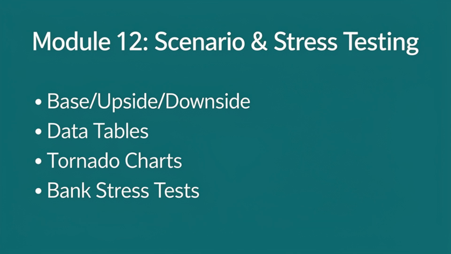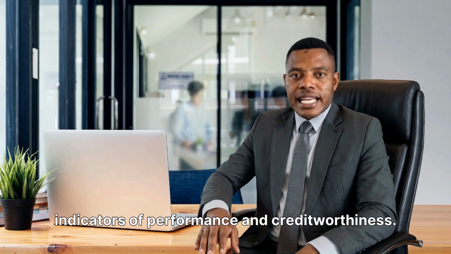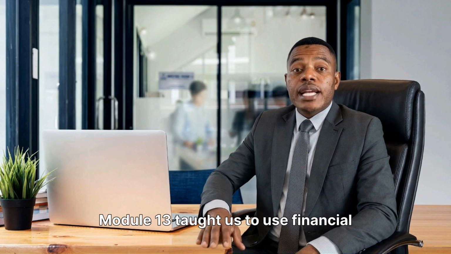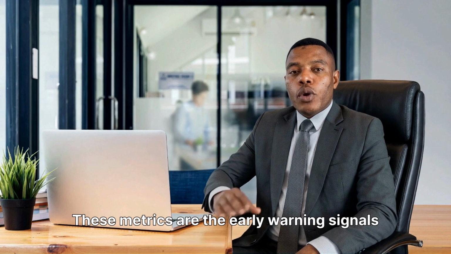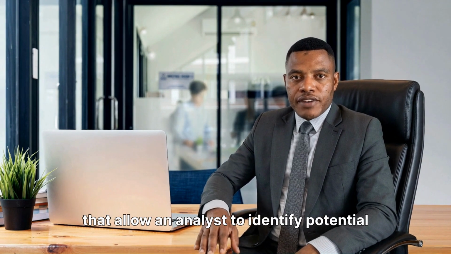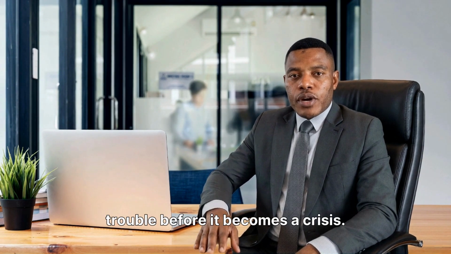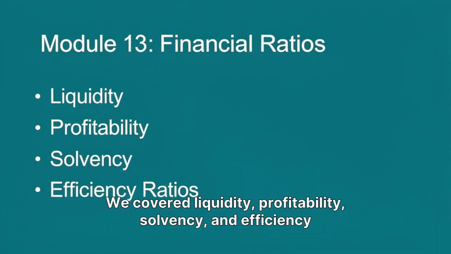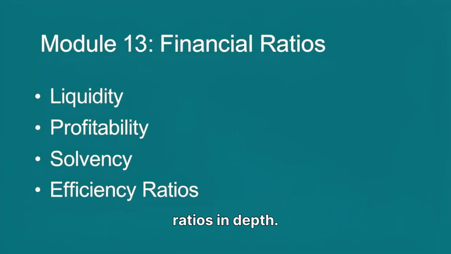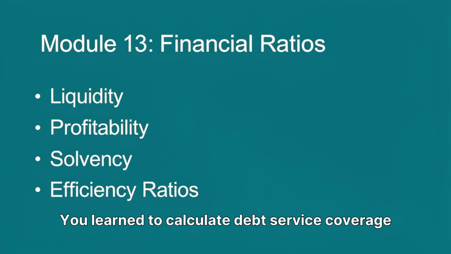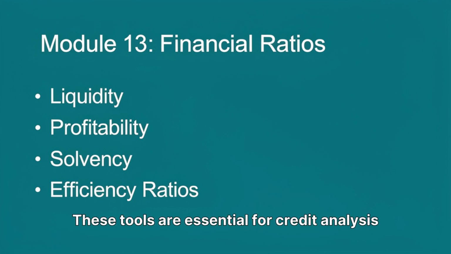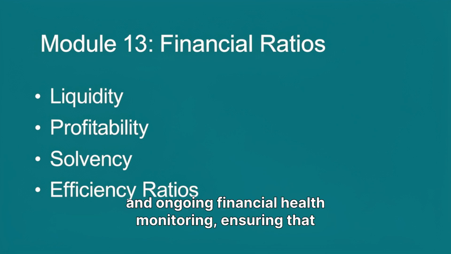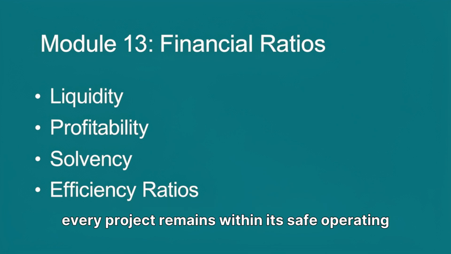or board of directors. In our 12th minute, we examined the indicators of performance and creditworthiness. Module 13 taught us to use financial ratios to monitor a business's health. These metrics are the early warning signals that allow an analyst to identify potential trouble before it becomes a crisis. We covered liquidity, profitability, solvency, and efficiency ratios in depth. You learned to calculate debt service coverage and conduct rigorous covenant testing. These tools are essential for credit analysis and ongoing financial health monitoring, ensuring that every project remains within its safe